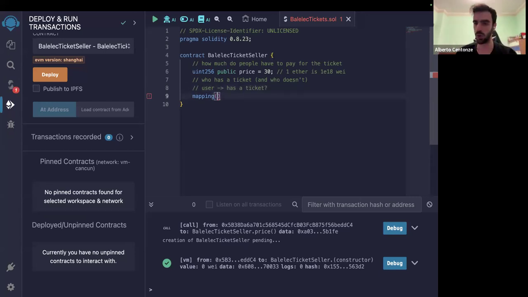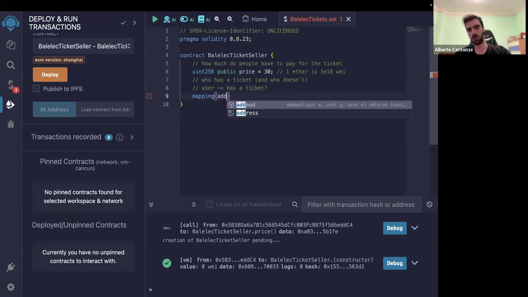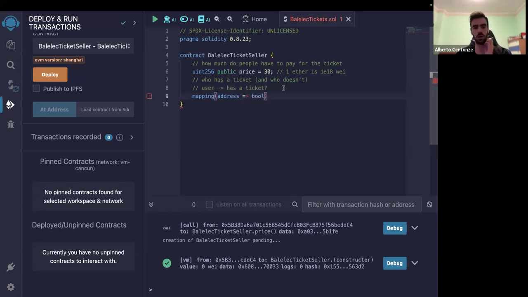What is a user on the blockchain? As I said before, it's an address, it's a public key. So with an address, you can identify if that owner of that wallet has a ticket or not. So we can just associate an address, which is going to be the key of the mapping, to a Boolean value. So for every user, there's a Boolean which tells me if he has a ticket or not. In the blockchain, since we don't want to waste space, we just assume that all the values are initialized to 0 by default. So now all the addresses existing in the possible range of addresses are initialized with a false value.